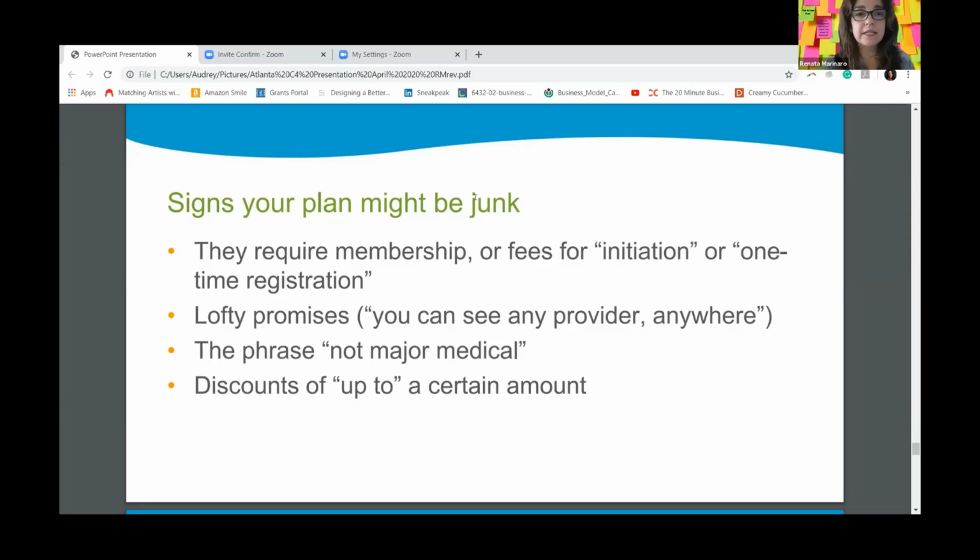And often those discounts might end up being 10%. So if it says discounts of up to 90%, and then they decide to only discount the stuff 10%, you really have no recourse. So really read the information that you get. I know that a lot of people jump on these because they think it sounds like a great deal and they lucked out and they found something nobody knows about, but these plans are usually not in your best interest.